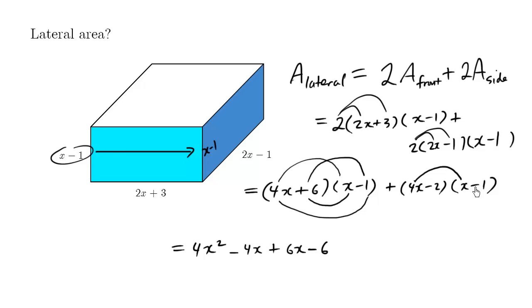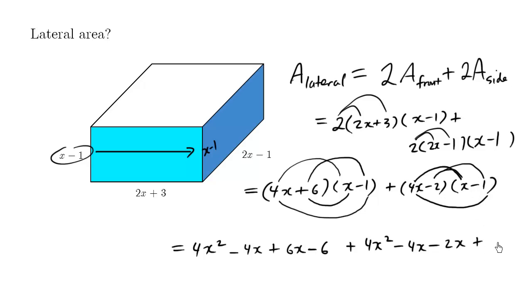Positive 4x times positive x is positive 4x squared. We do the letter O, outside. 4x times negative 1 is negative 4x. We do the inside, which is letter I, FOIL. Inside is negative 2x, and then the letter L, last, is going to be negative 2 times negative 1